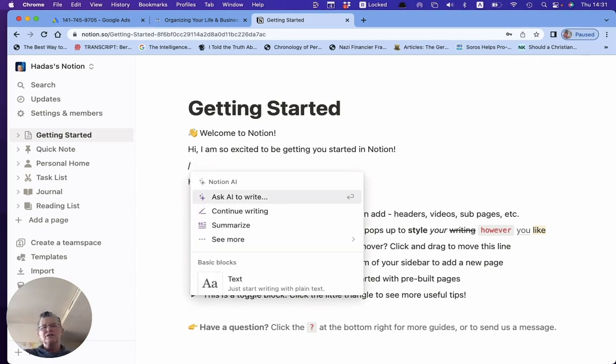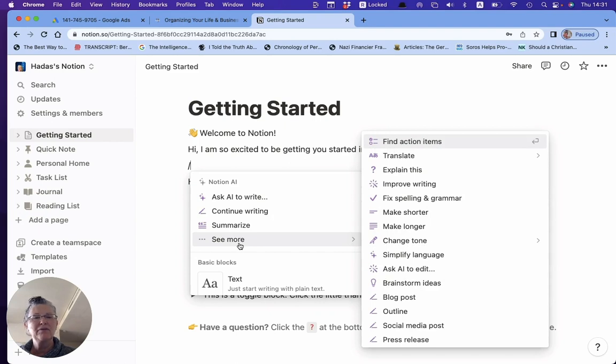Now, when you hit this mark, all of a sudden, a whole world opens up. This is one of the most extensive platforms. You're not creating just in a document. This is a database platform, so you can create databases for every area of your life. We're going to be doing some of that today. But first of all, you are not going to use the AI right away. But if you are,